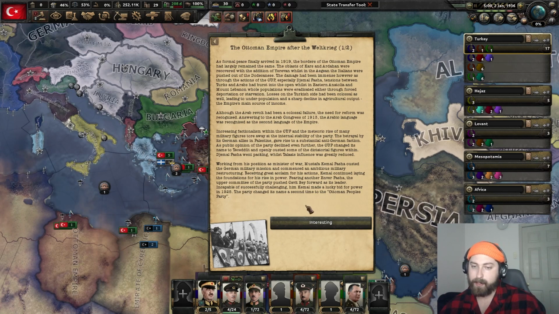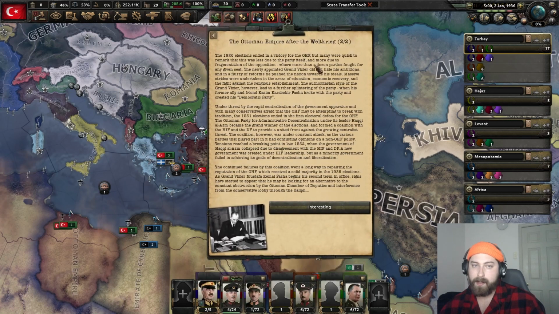The party changed its name to the Ottoman People's Party. In the 1926 elections, the victory of the OHF, I don't know which party that is, there were many quick